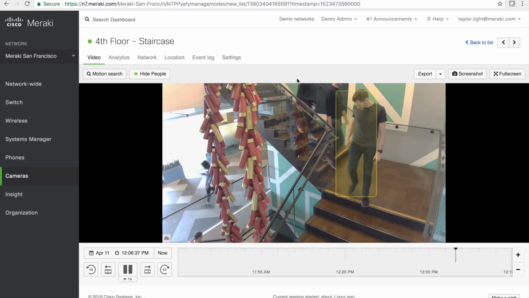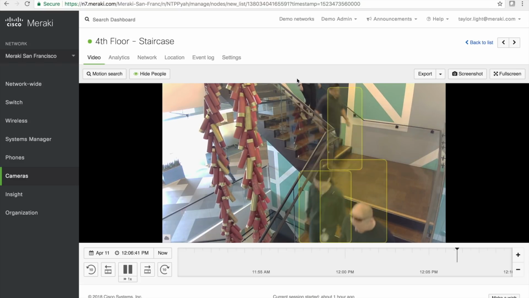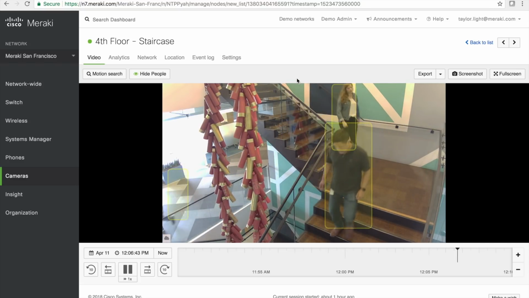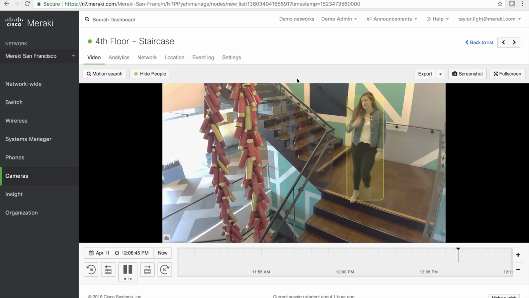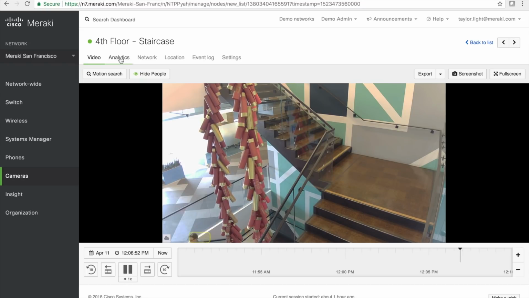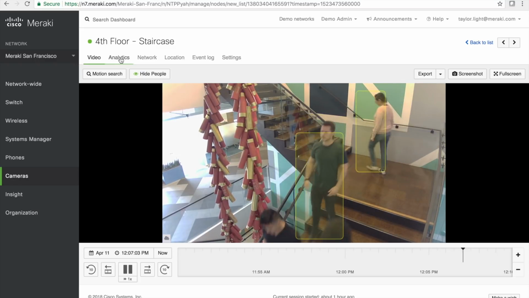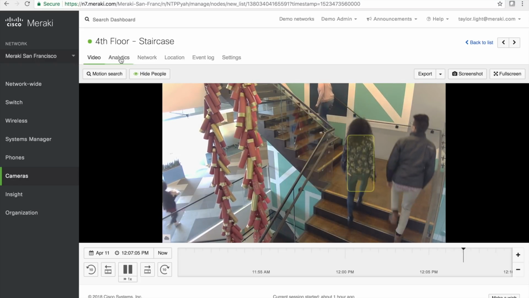Versus, how many people are perhaps congregating around a particular location within my environment. If there is a state of emergency, do one of my cameras have a recent detection of a person within my environment that I could see from this analytics tab? There's a lot of information that we both already have available to us at our fingertips, as well as the ability to now enhance this model over time to tell us more and more information that we never actually have to go and view video. So this is a very powerful tool.